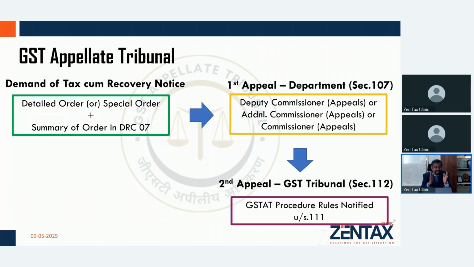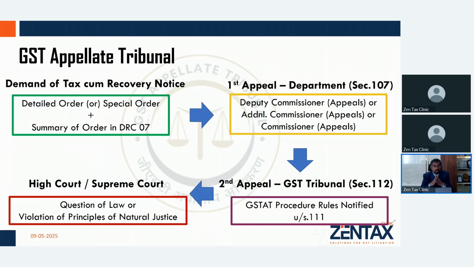Is this the last remedy with respect to the various proceedings under the GST law? No. After the appeal to the GST Appellate Tribunal, either the appellant, which is the taxpayer, or the respondent in the form of the department, can proceed to the High Court or Supreme Court only and only if it is a question of law, or to qualify that, a substantial question of law, or it involves violation of the principles of natural justice. In that situation, even before going through the rigors of section 107 and 112, you may go directly to the High Court or Supreme Court whenever there is a gross violation of the principles